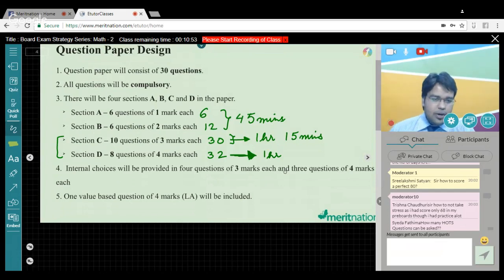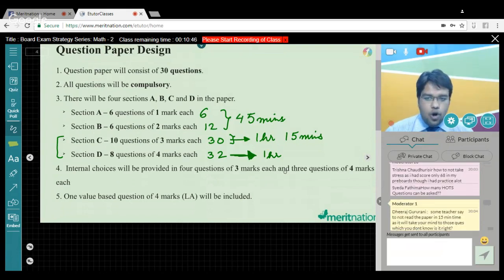Now, after that preparation, you have to give some sample papers, which I'm sure you might have already given. If not, please do that. So after giving the sample papers, identify where you are going wrong. Is it the time issue? Is it the calculation intensive issue, or questions based on concepts that you are missing out? What is your basic problem that you are facing in the question paper, right? Is it the conceptual errors that you are doing, calculation errors you are doing? Is the paper lengthy for you if you don't have that writing speed?